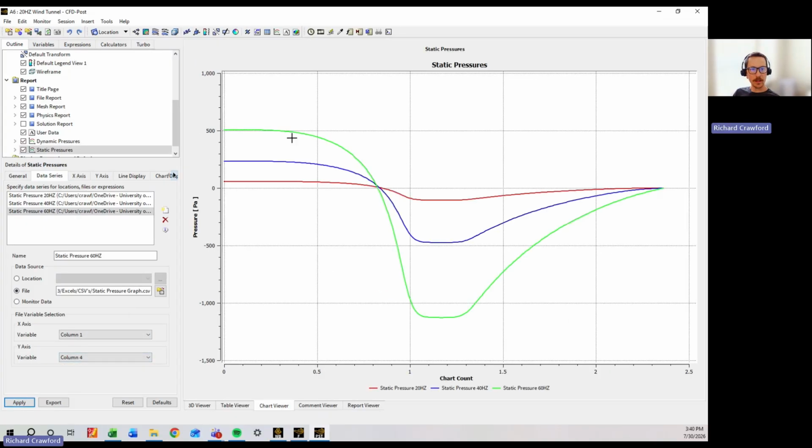Apply. And in the inverse of the other graph, as velocity increases, static pressure will go down. So the highest velocity has the lowest static pressure, which makes sense. So we're going to do one more pressure chart